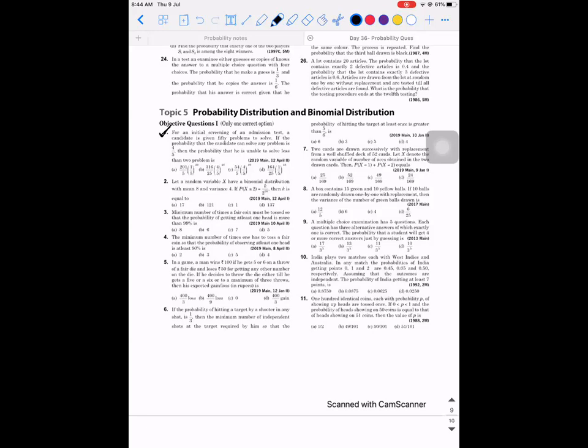Just a minute. He is unable to solve less than 2 problems. He is able to solve more than 48. Then what will be the answer? Option C, sir. So we can say he is able to solve, another 4 by 5 should come. It should not be 1 by 5. So 4 by 5 power 49. So how did you approach?